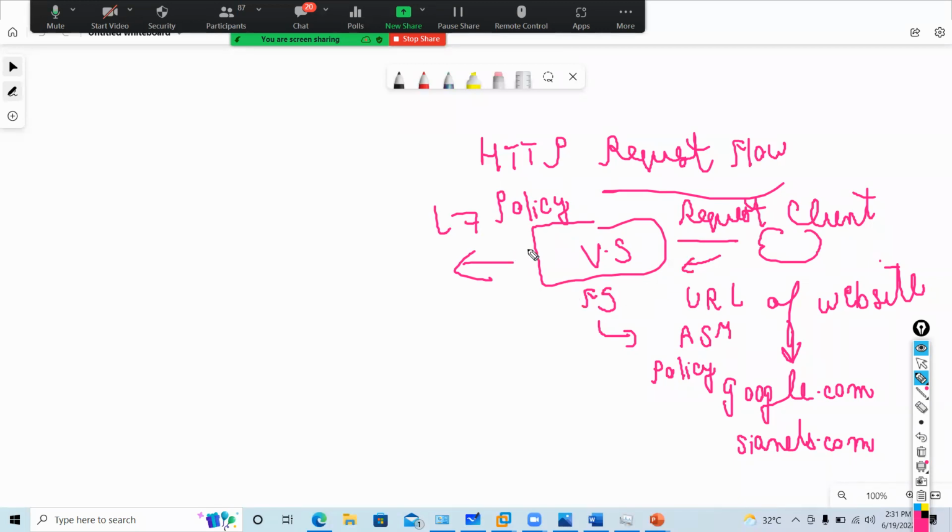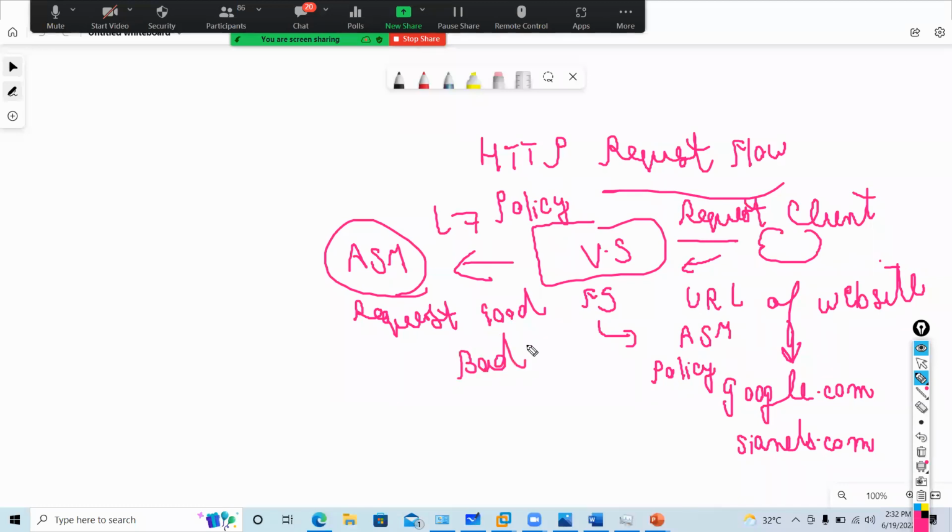It will check whether the F5 virtual server has a layer 7 policy. If it has layer 7 policies, then it will check ASM. It will check everything, whether the request is good or bad. But let's say this virtual server doesn't have a layer 7 policy, then it will go directly to your pool member. A pool member is nothing, guys, it is called the application server.